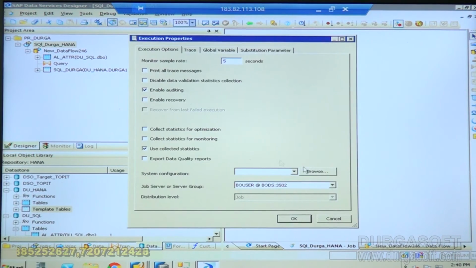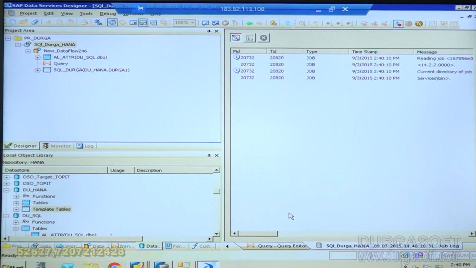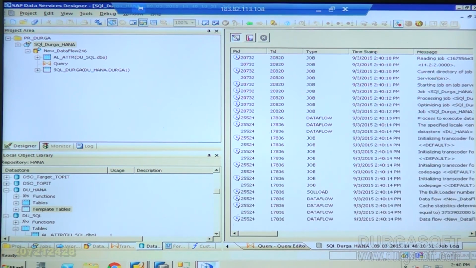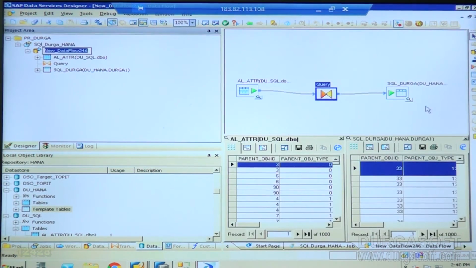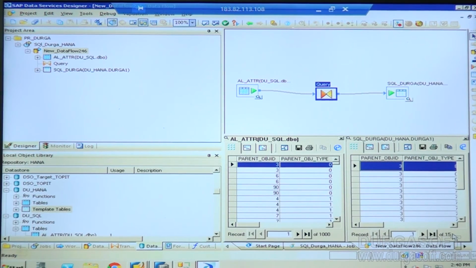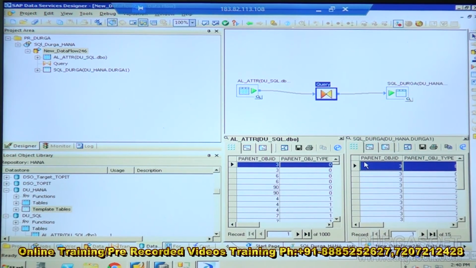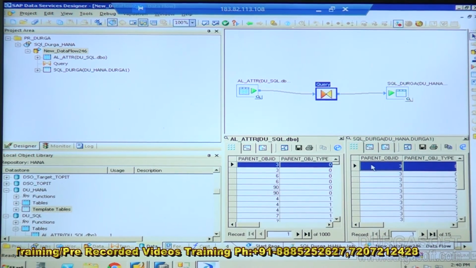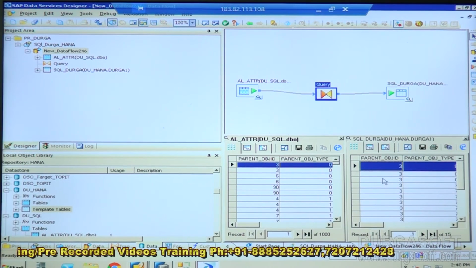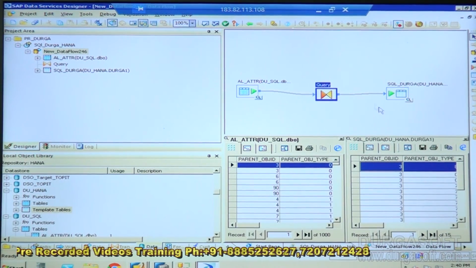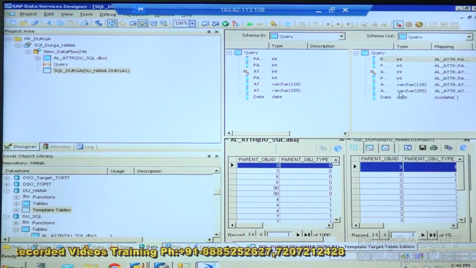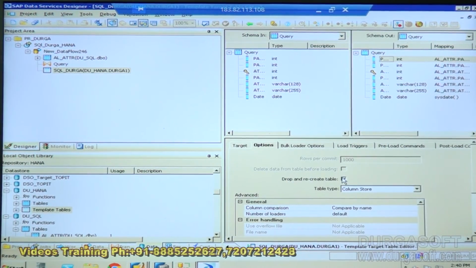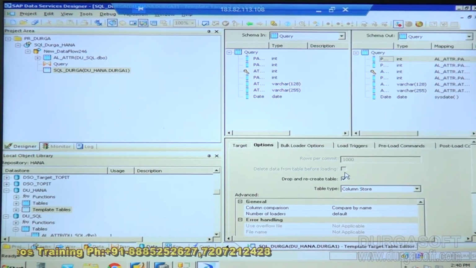When you execute the job, the table already has a record set, so it will be overwritten. The reason is, I'll show you. Now over here, we make a refresh. We got 15 rows only because we made a filter. Even though it has 5184 records, we loaded only 15 rows because parent object is equal to 3. Here it is overwriting because of the target template table option. You can see the option, drop and recreate. So every time it runs the job, it will drop and recreate.